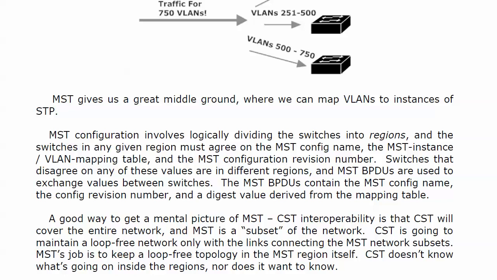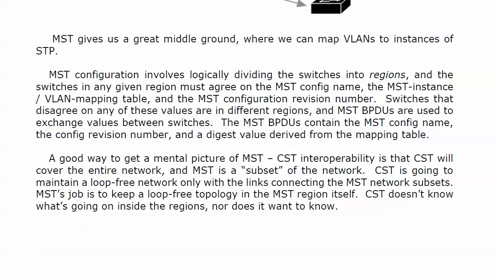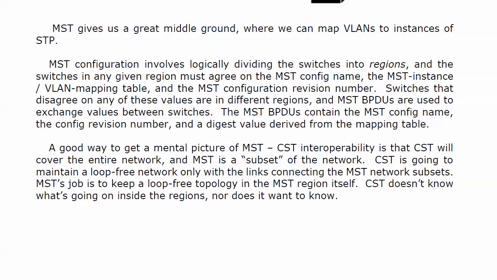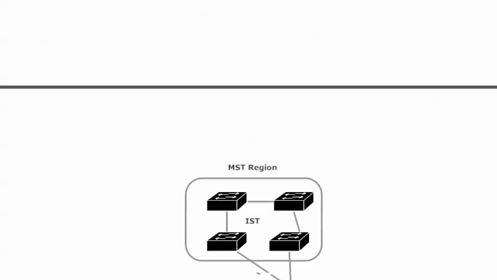Now, I know this is hard to wrap your mind around the first time you see it, or the first time you hear about it. But a good way to get a mental picture of the interoperability of MST and CST is that CST covers the entire network, and MST is like a subset of the network. CST is going to maintain a loop-free network only with the links connecting MST network subsets. MST's job is to keep a loop-free topology in that region itself, because when it comes to these regions,